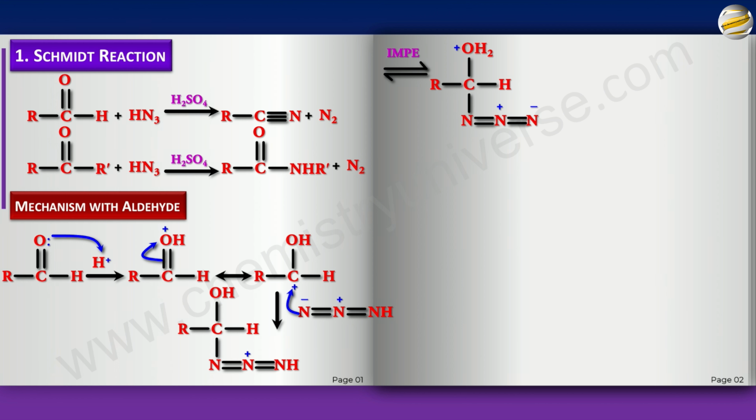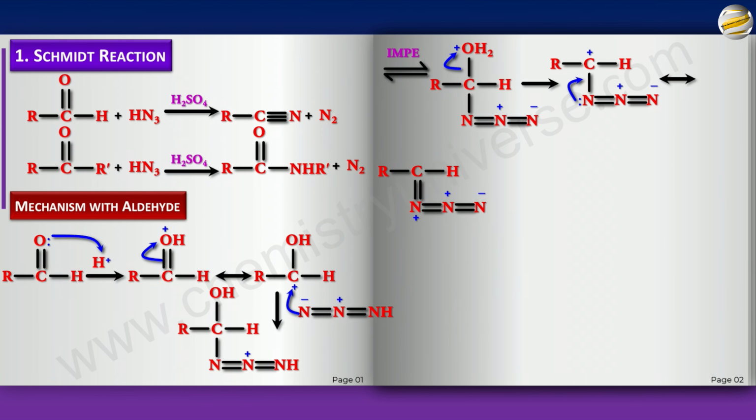Now, what do you think will happen? Guess, you have OH2 plus, a good leaving group. Pause the video, make the product. This goes out as water and you get this. Now, obviously, there is a lone pair on N and there's a C plus. There is a very good possibility that you're going to get a resonating structure which will complete the octet of carbon, and you'll get something like this.